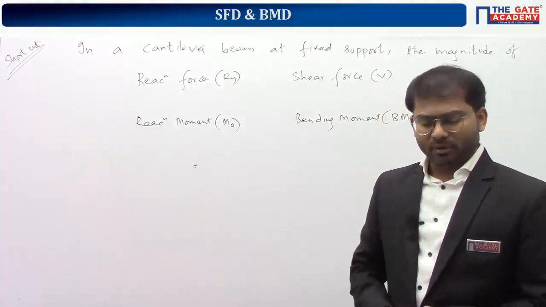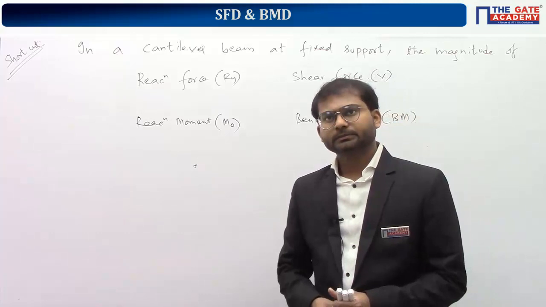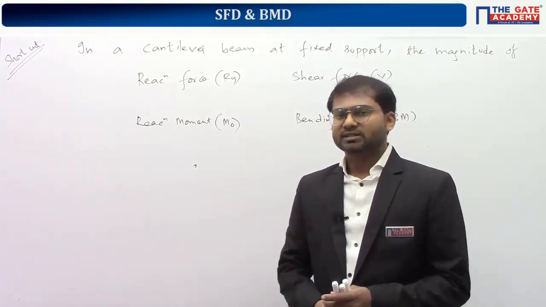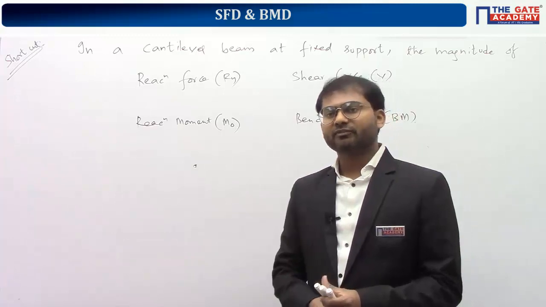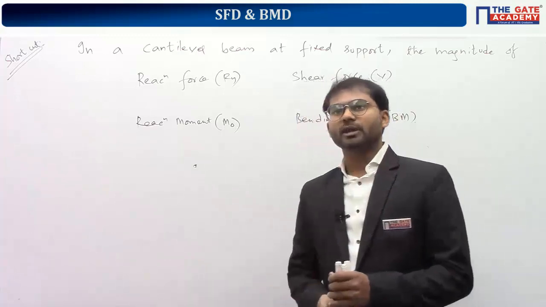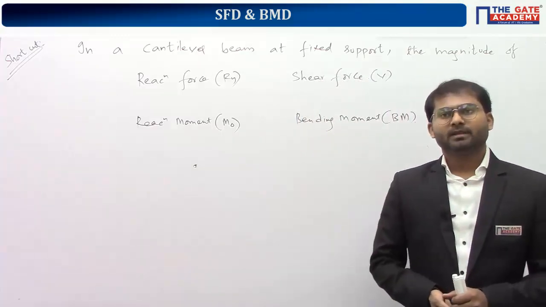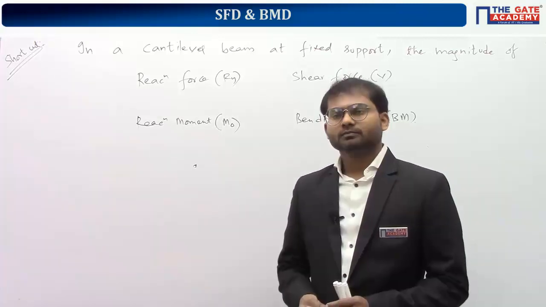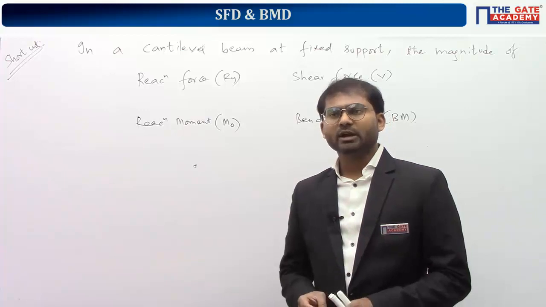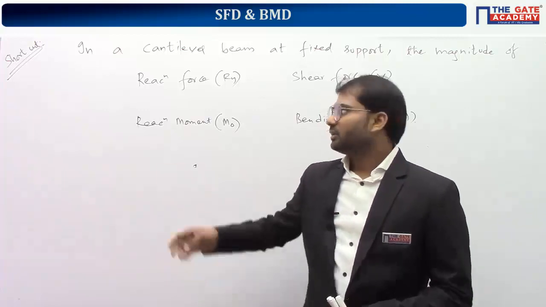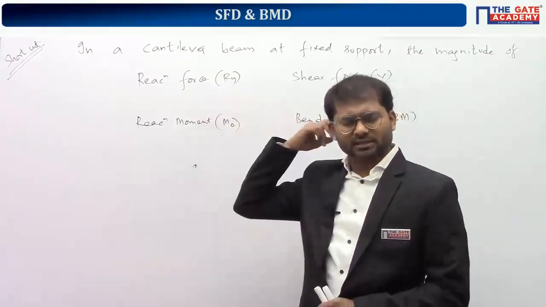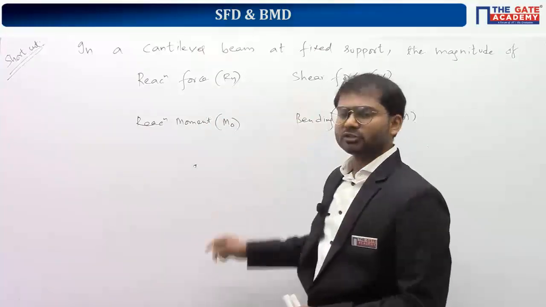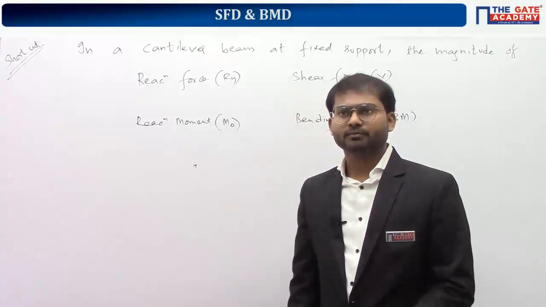Go with the second example. At the fixed support, see the value of Ry and compare with the shear force value V. Same or not in terms of magnitude? Others, are you finding out to be same? Ry value for the second example is QL. Shear force also equal to QL at the fixed supports.